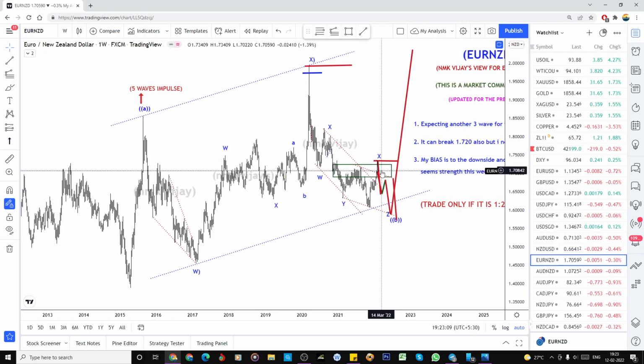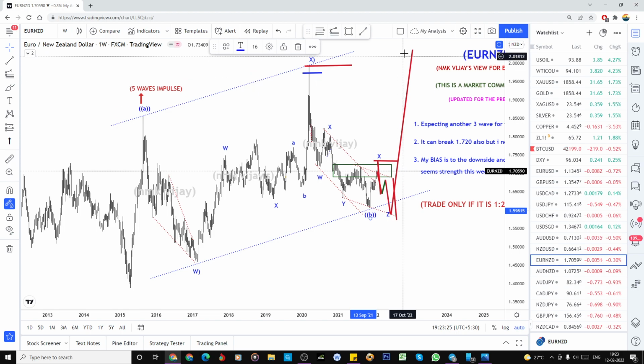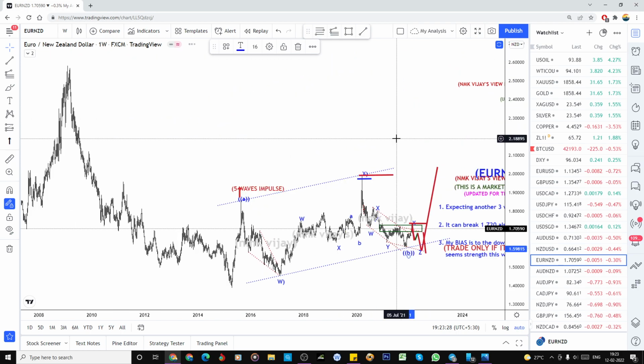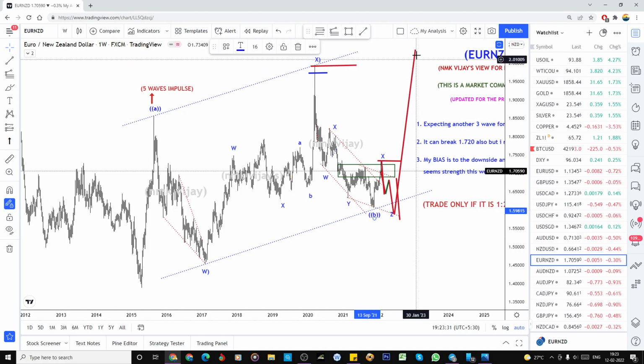So from here, if it did the 5-wave structure, be cautious and place a stop loss, because there is one more low available. But if I count this as 1 2 3 4 5, this could be the end of the trend of the B wave here, and we can see a more impulsive move to the downside to reach 2.1. That is my positional target. Otherwise it can do the three-wave structure, while Euro USD, what I'm expecting is 1.03 or 1.06 to break. At that time Euro may be a very weak currency, it can reach here, and later it can